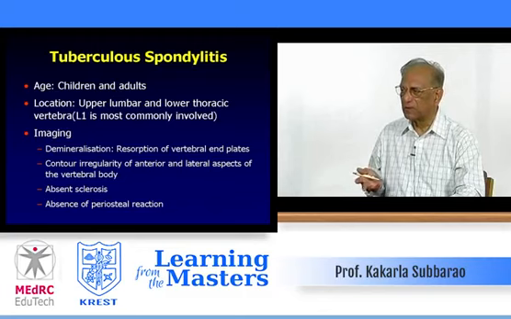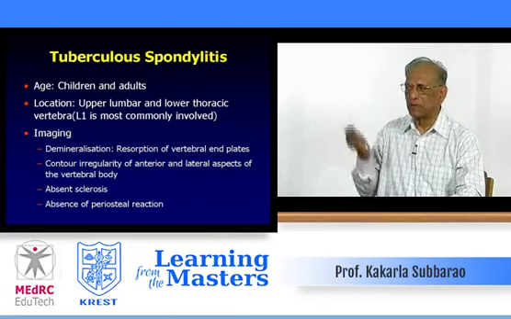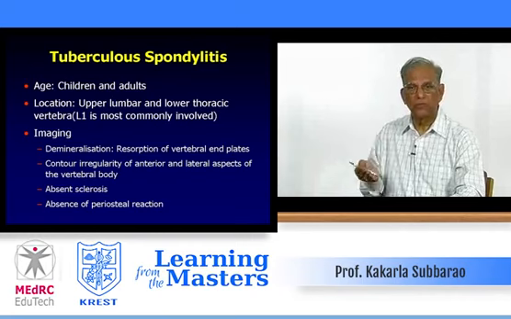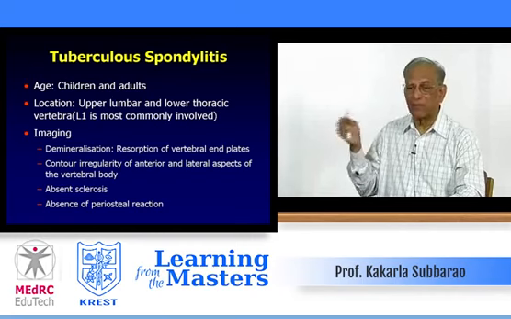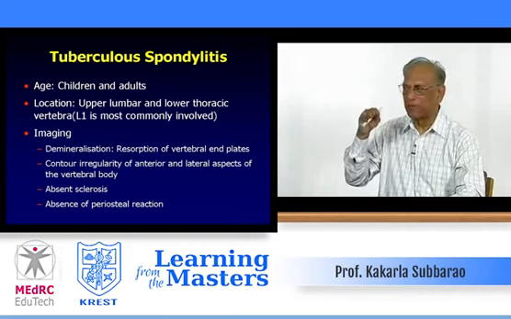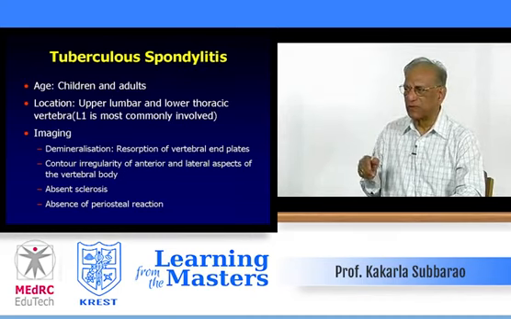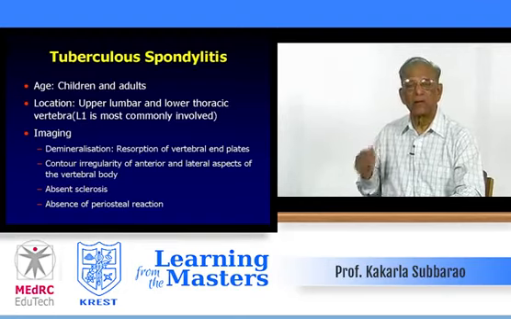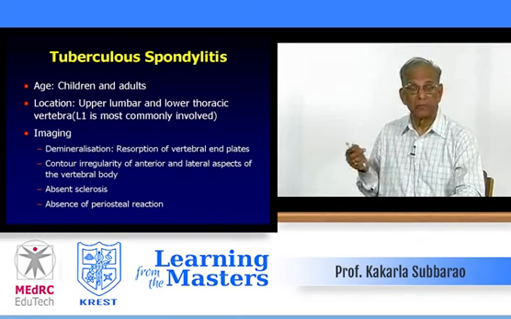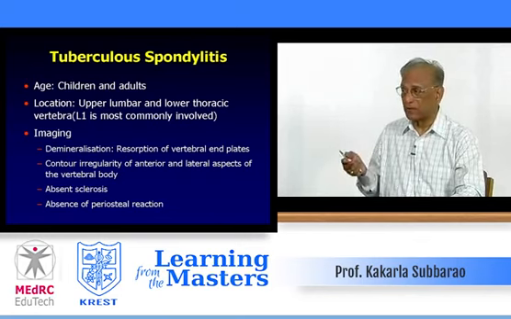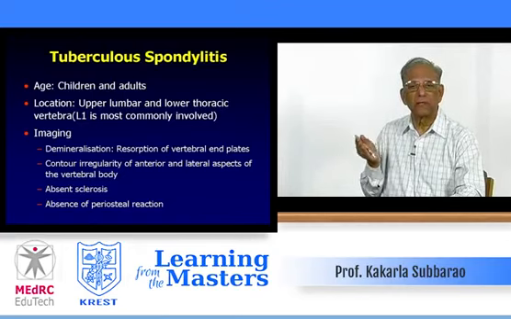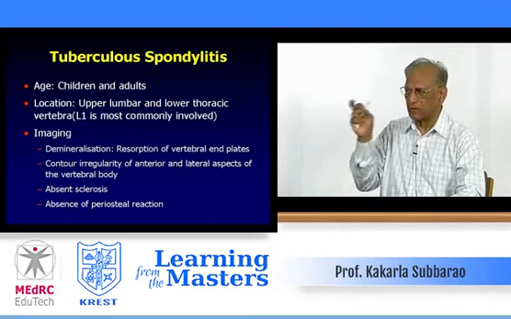And imaging, you see demineralization or osteoporosis, resorption of vertebral end plates. It starts at the end plates. Contour irregularity of anterior and lateral aspects of the vertebral body. Absence of sclerosis is common as compared with, say, brucellosis, E. coli osteomyelitis or spondylitis due to fungal. And periosteal reaction, of course, you don't see in these bones